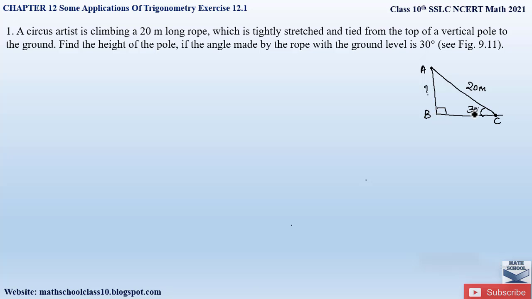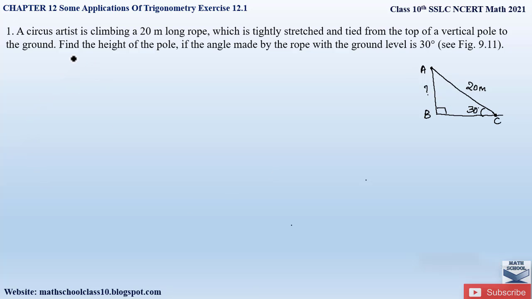Right. So here they have given us an acute angle, one angle and one side in this triangle. And now they're asking us to find out the other side, that is AB. So the first 3 steps we have finished. Now our next step is that we will apply the trigonometric ratios to find out the side AB. So first of all, let us write down what is given in the question.